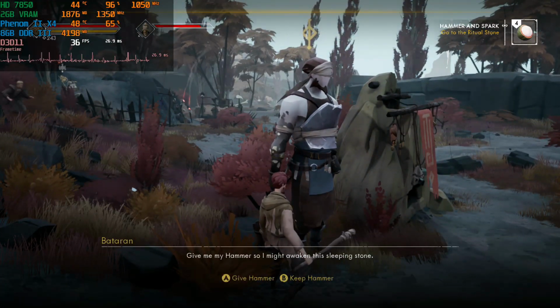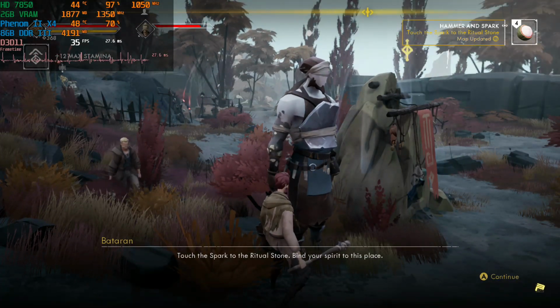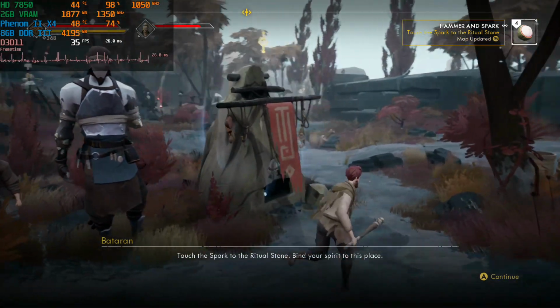Give me my hammer, so I might awaken this hollow spark to the ritual stone. Bind your spirit to this place,